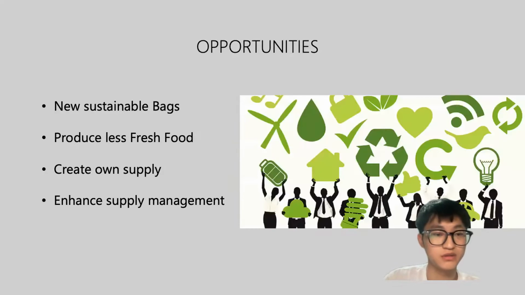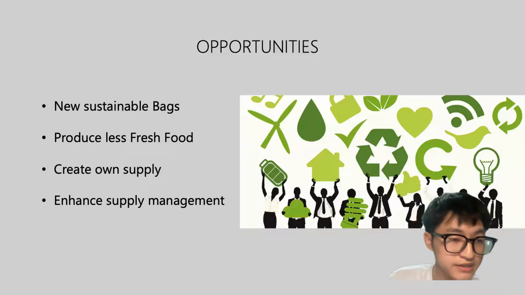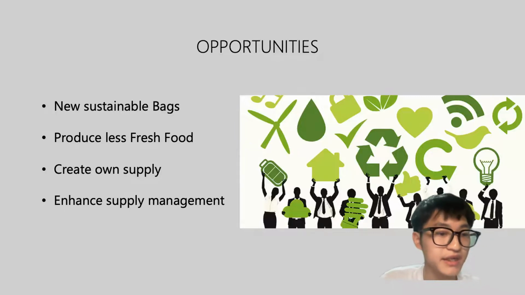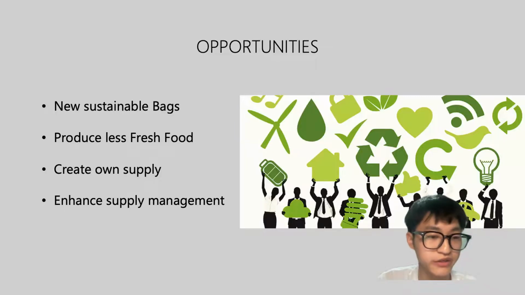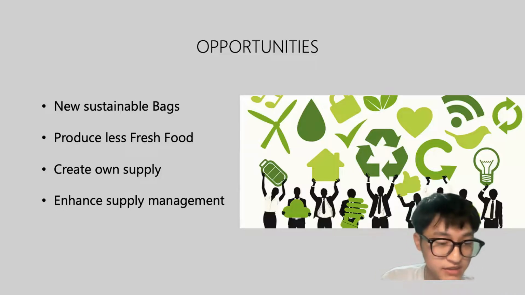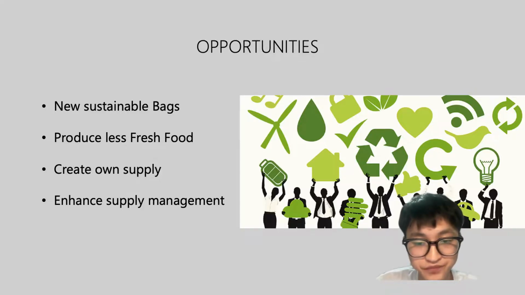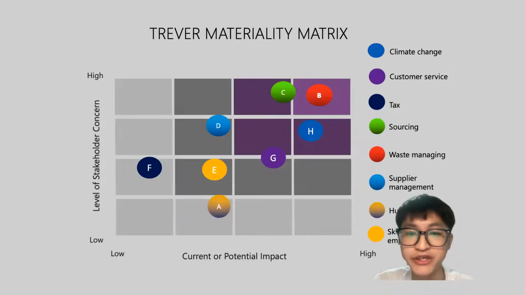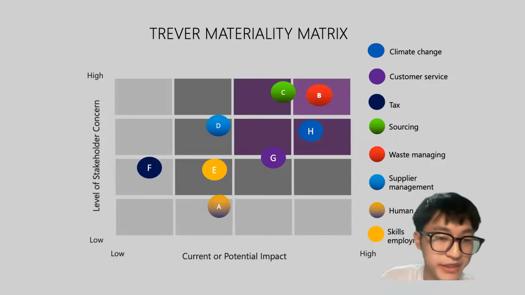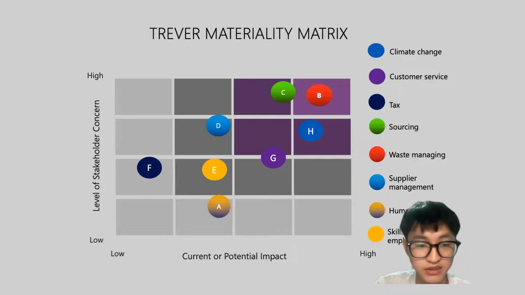So looking into the opportunities that Trevor could pursue: new sustainable bags, producing less fresh food, creating its own supply or enhancing supply management, and finding new suppliers. Those are the opportunities. So looking at our Trevor materiality metrics, we can see,